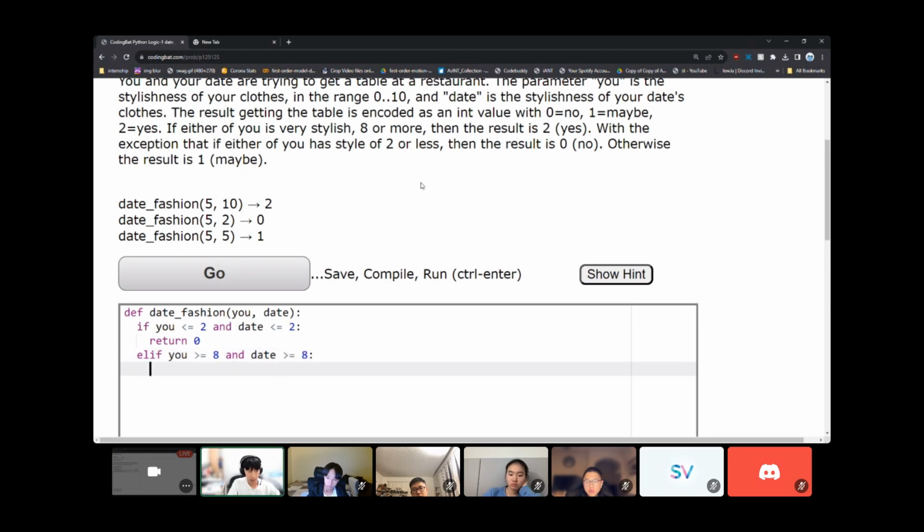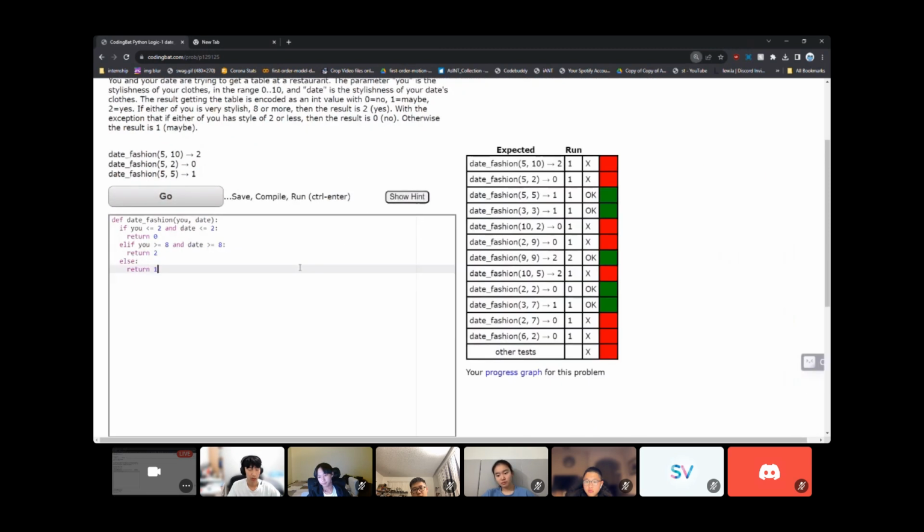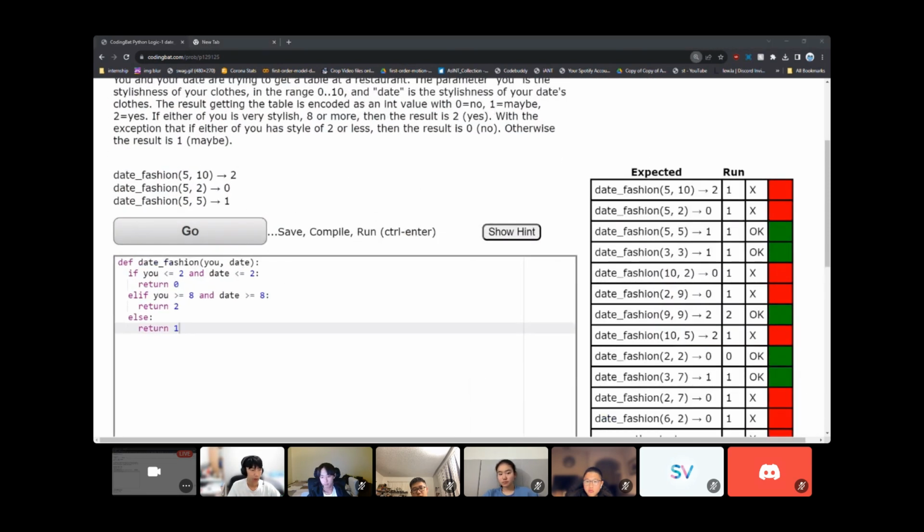Then we're guaranteed to get a seat. So we return 2. Otherwise, we might get a seat. So we return 1. And then